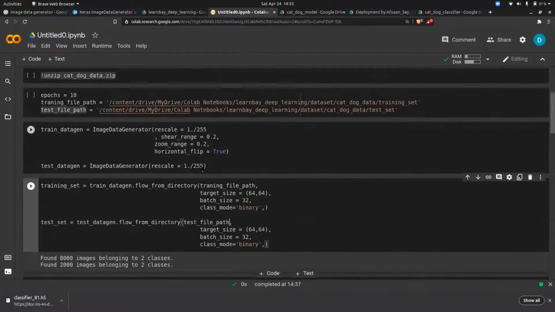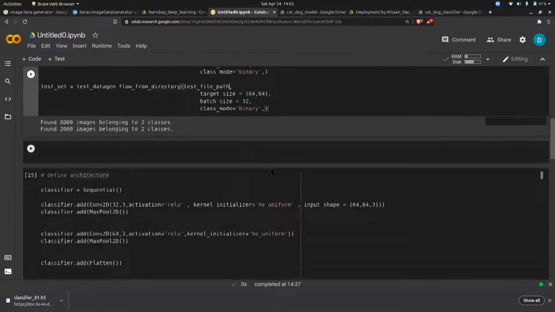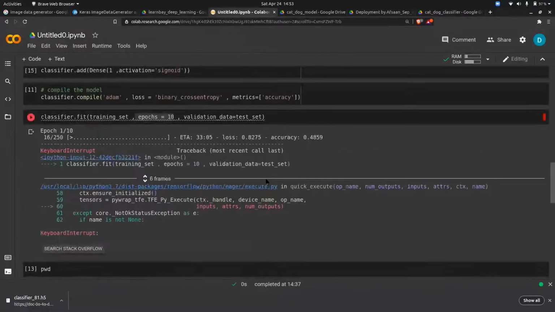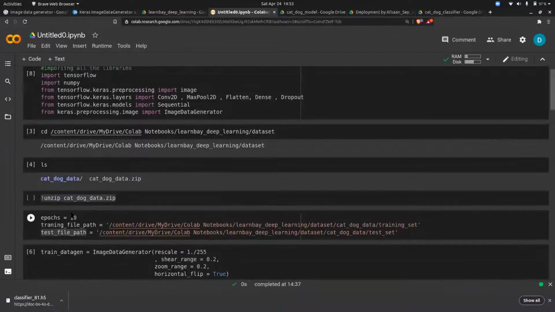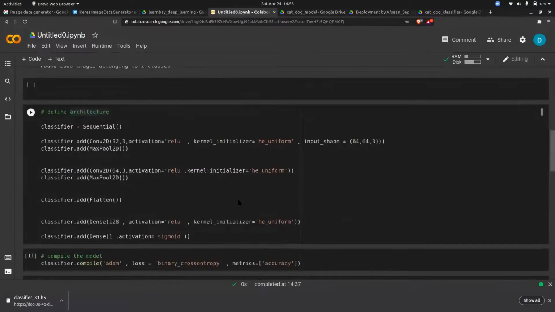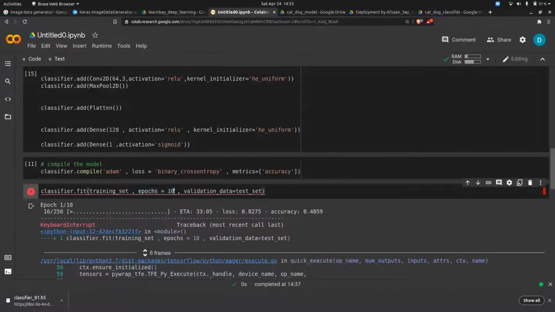Why I'm saying this? Suppose I tell you that, okay, my file path has changed, so you don't have to search in your code for where the file path is that you have to change. No, you can just go on the top. You want to run for 5 epochs, great, run for 5 epochs. Just run everything again. So you don't have to search for the epochs. In place of epochs, you just type the variable. That's it. This is actually how you do coding.